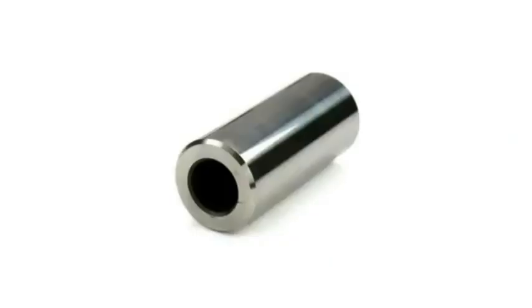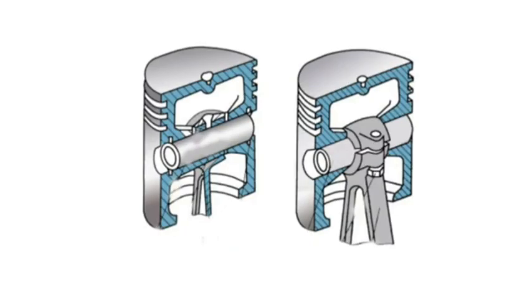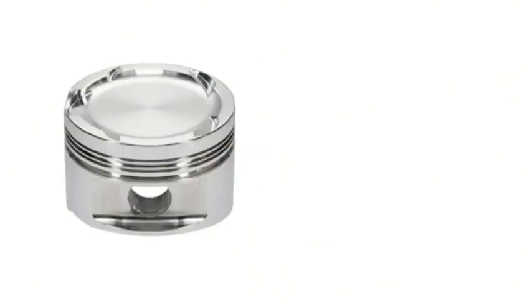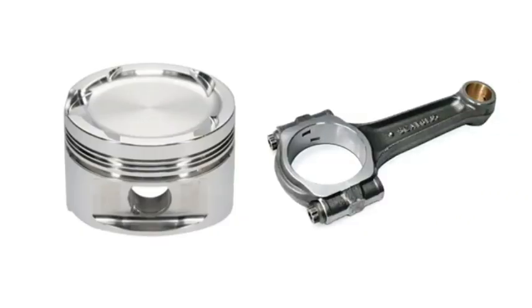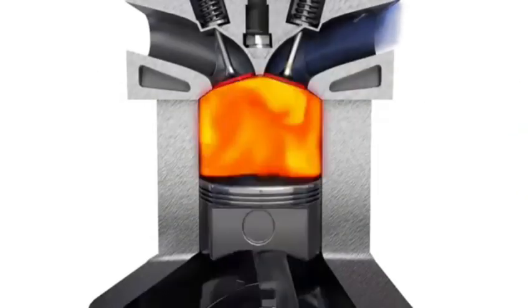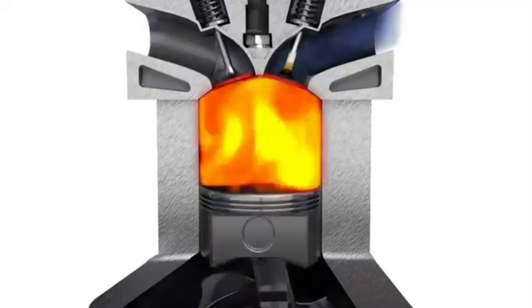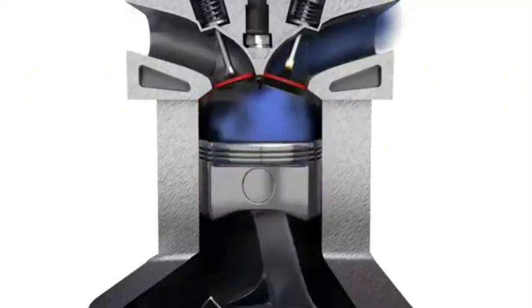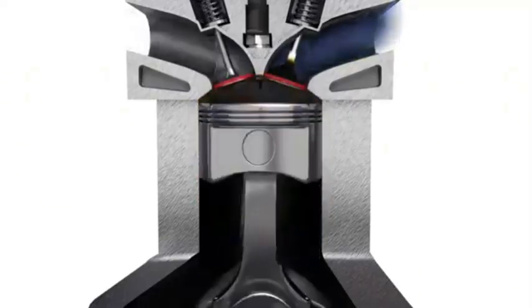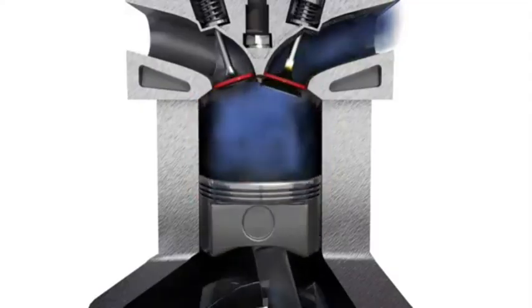The piston pin, also called the gudgeon pin or wrist pin, is a hardened steel shaft that connects the piston to the connecting rod. It passes through a hole in the piston, called the piston boss, and through the small end of the connecting rod, allowing the piston to pivot smoothly as it moves up and down during the engine cycle. The piston pin must be strong and heat-resistant because it endures constant stress and high temperatures during the combustion